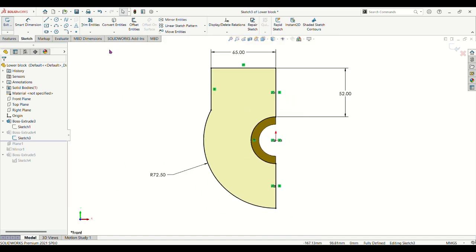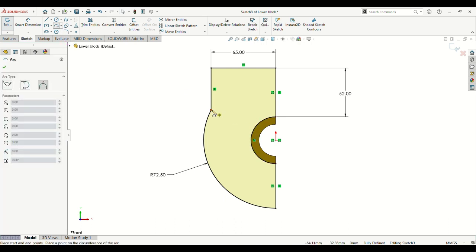So next we will choose line. We will make a line from this point to this point, and then to this point, and finally to this point. Next we will choose a line also. We will draw from this line here to this line here. So next we will choose 3-point arc, and we will make an arc from this point to this point,